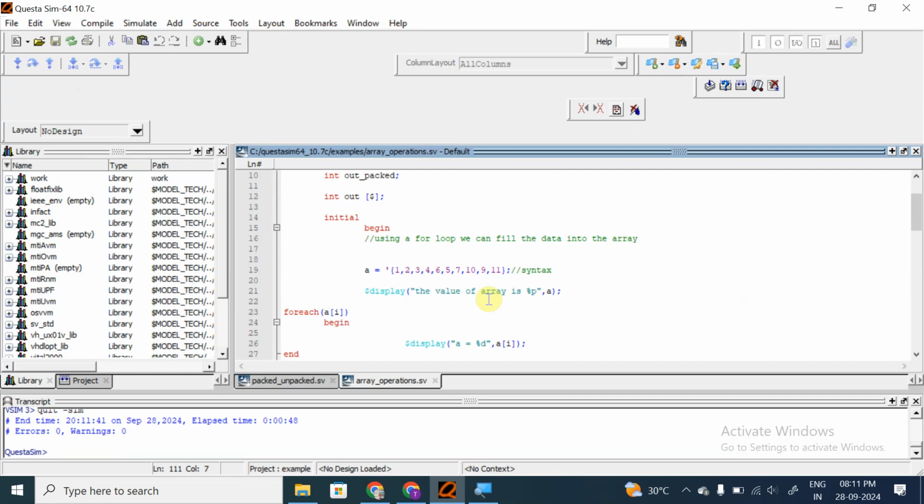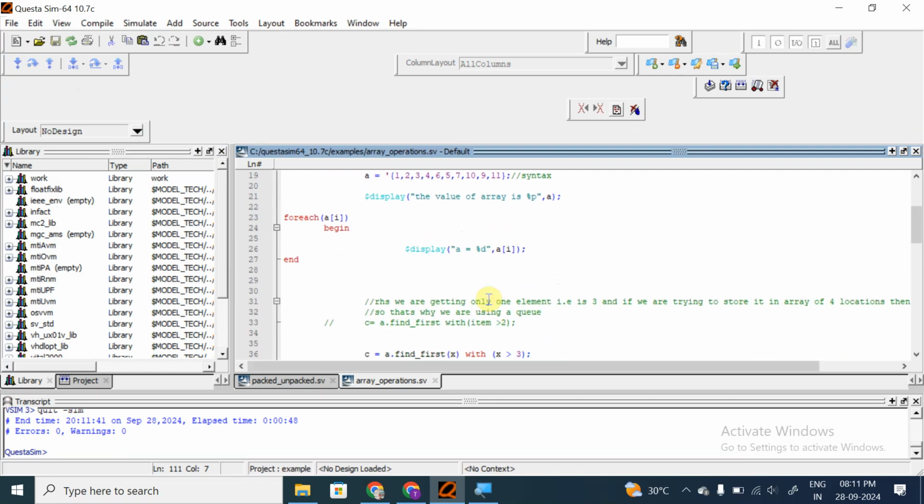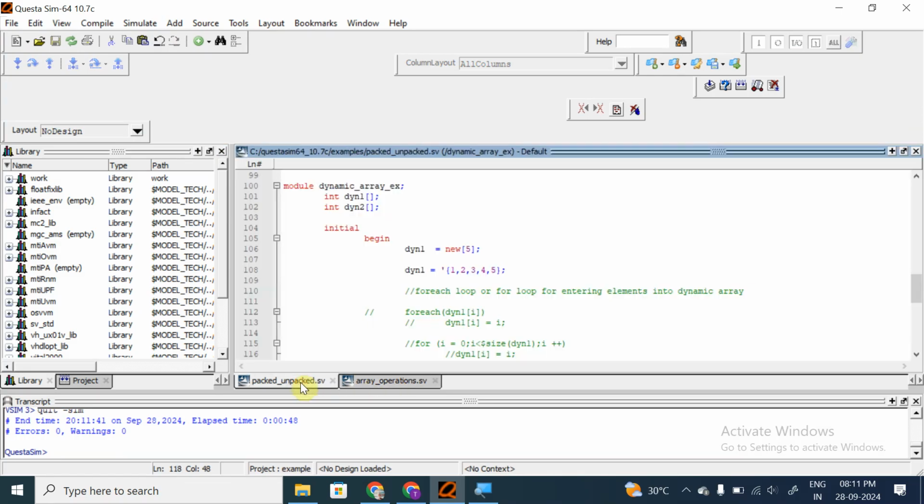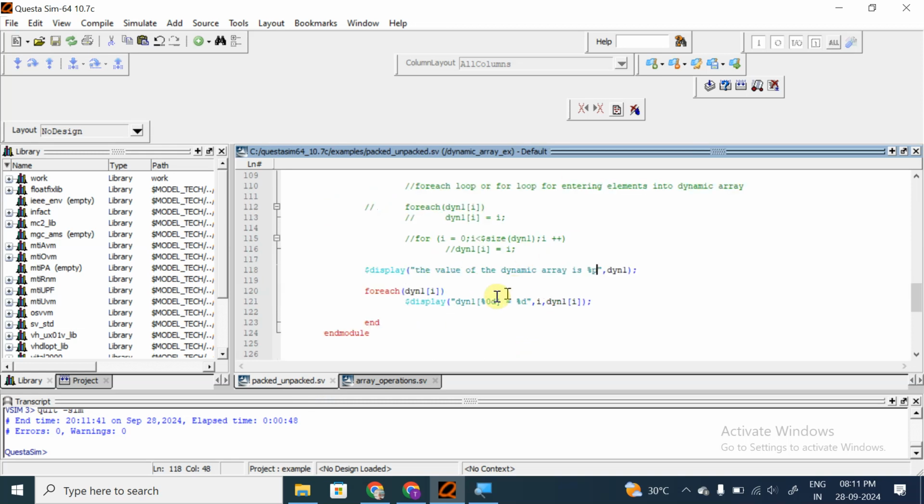And your task is to write the display statement for displaying these elements which are inserted through the foreach loop and for loop. Okay, that you can do it. Next, let me